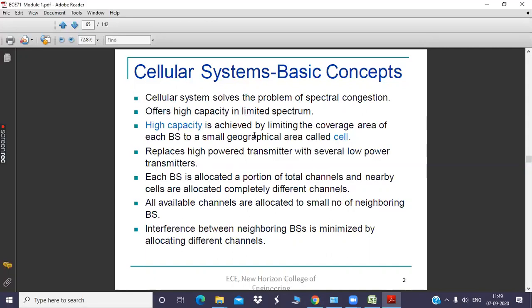So there will be more cells in the available geographical area to get more coverage, because all the users need the service at any point of time, in spite of any location where they are. The users are mobile in nature, with dynamic behavior. Again, it depends upon the mobility of the user, meaning the speed of the vehicle where the mobile is present.